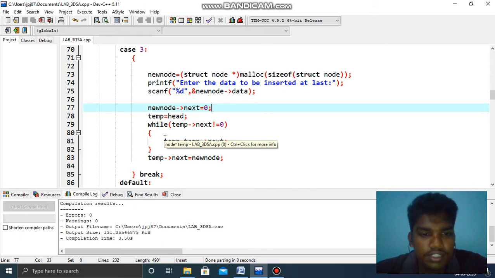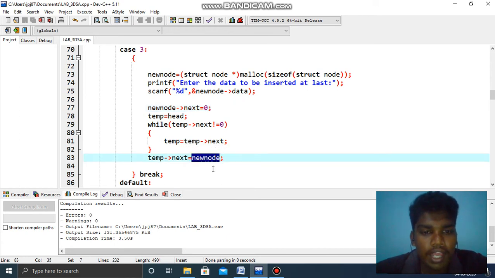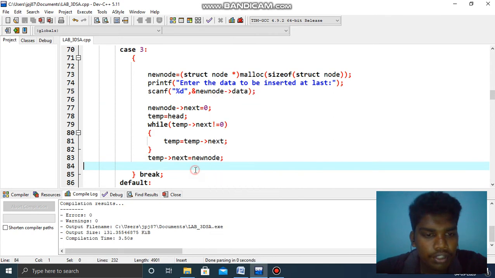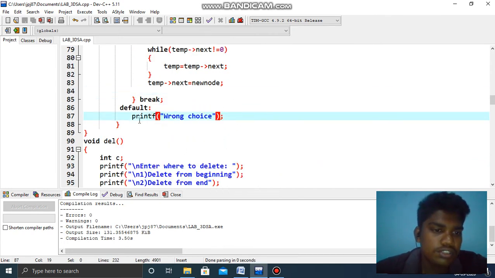The array contains final 0, it's the null character, so while temp becomes null, it will stop. Finally, temp has one value. That value we will add as the new node. Otherwise we have wrong choice.